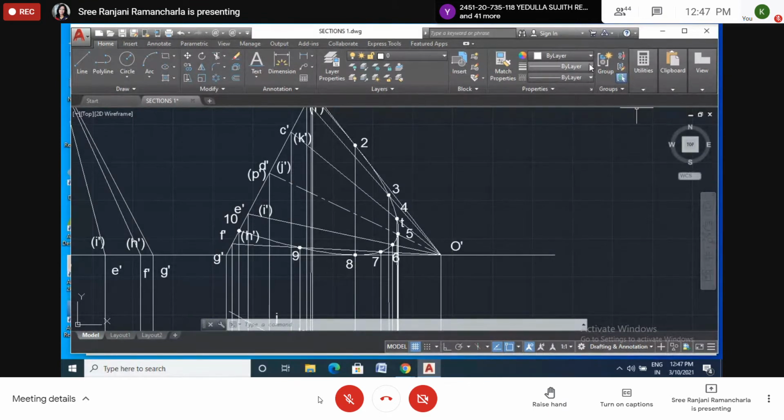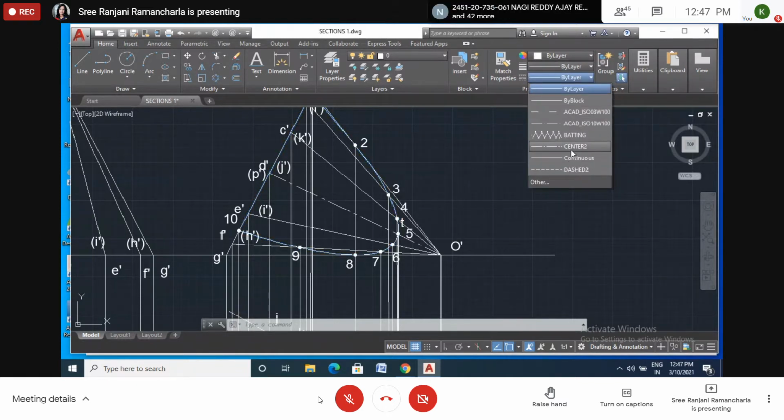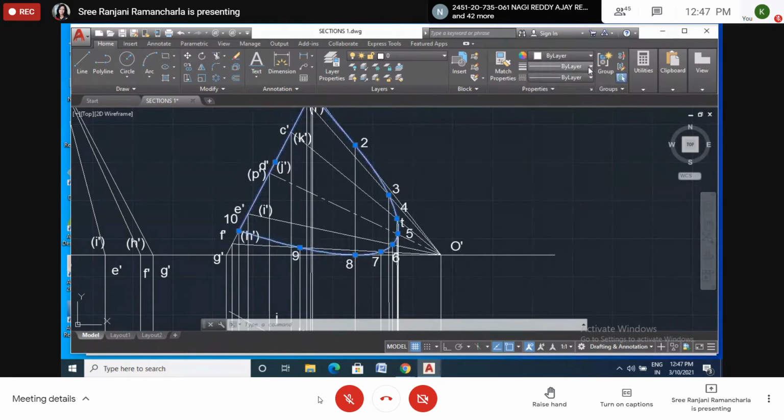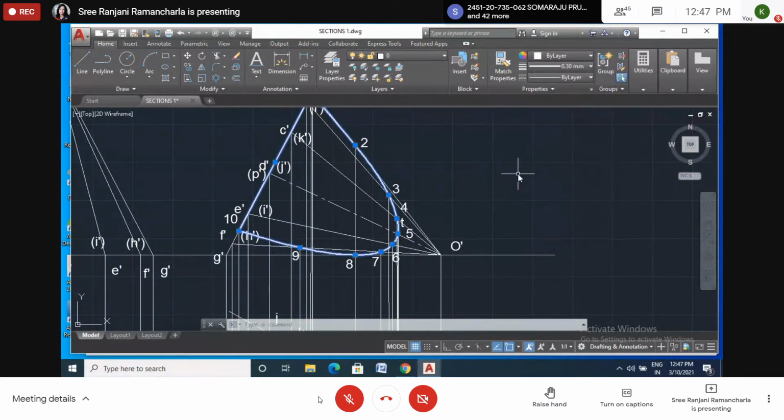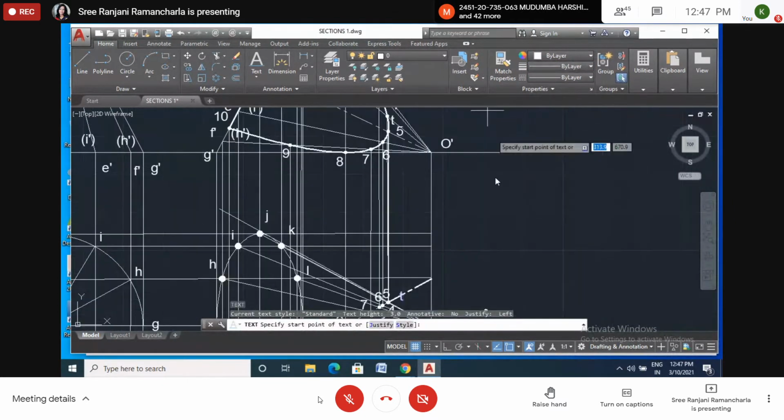I will highlight this line. I will select this line. This also. Not this one. This one. Yes, that much is enough. Now we'll check here.